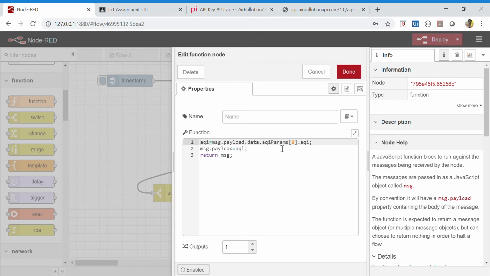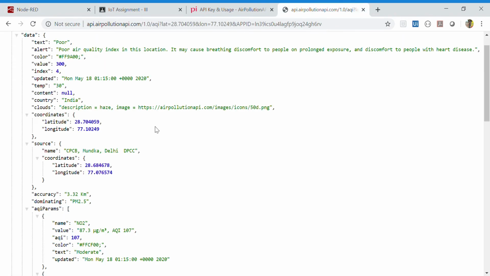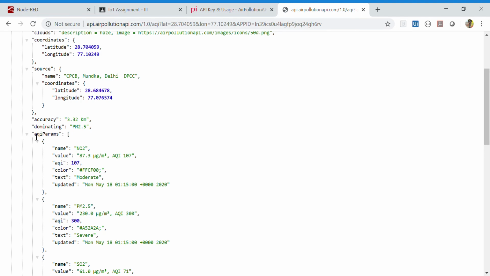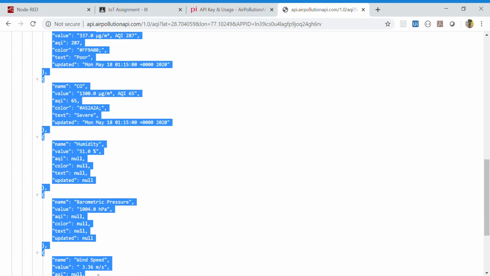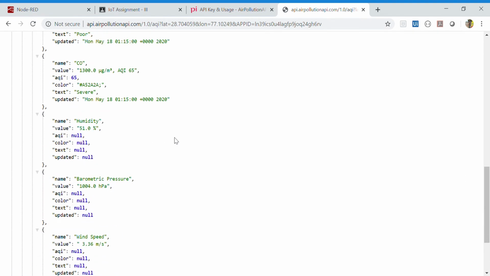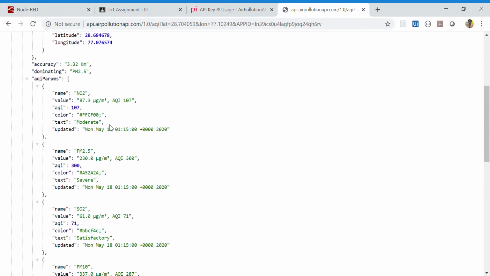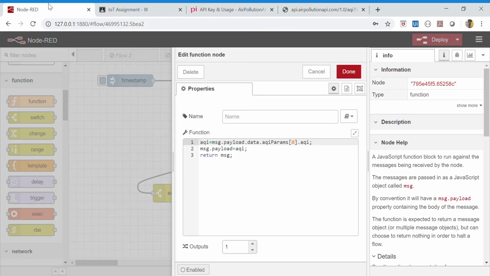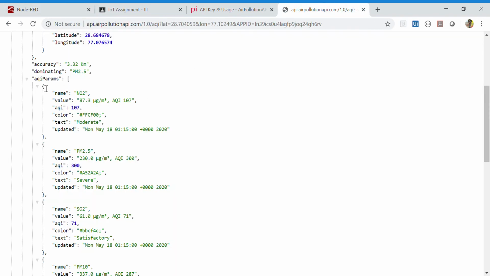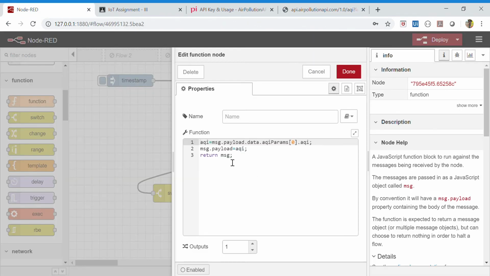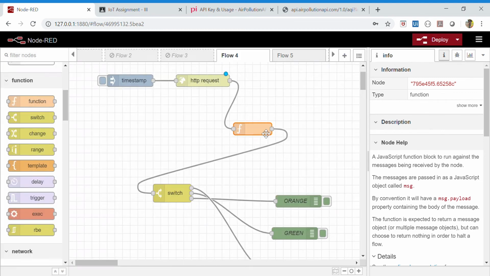AQI params is an array, so we can take any of these values. Like I have taken 107. AQI params of 0 refers to this first object. I have taken this one and sent it as the message payload.